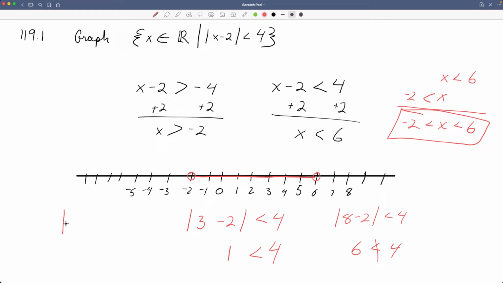So if we put in the absolute value of negative 4 minus 2, well, negative 4 and negative 2 is going to be a negative 6. The absolute value of negative 6 is a positive 6. Positive 6 is not less than 4, so therefore that's true also. So just the numbers within this area, within what we've decided is our conjunction answer, will solve and be true